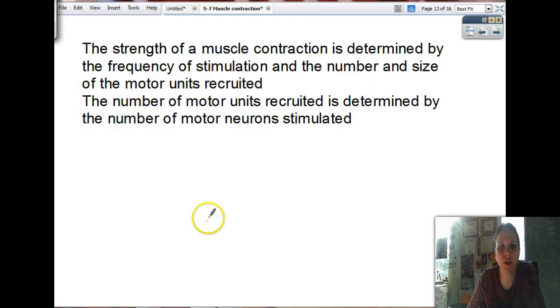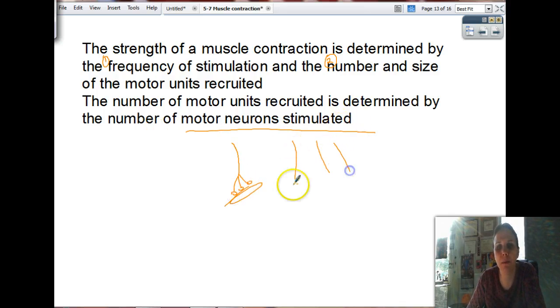Okay, almost done. The strength of a muscle contraction is determined by the frequency of the stimulation and the number and size of the motor units recruited. So those are the first two items. And the number of motor units recruited is determined by the number of motor neurons stimulated. So if I only stimulate one motor neuron, I'm only going to affect this many muscles. But if I stimulate many motor neurons, and with all their little branches, well then I'm going to get way